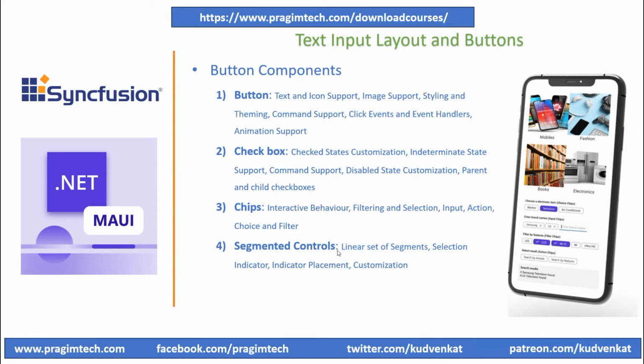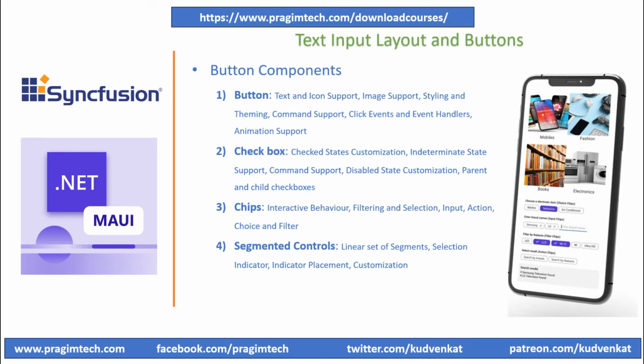The segmented control offers choices from a linear set of segments containing text, icons, or both. Each segment functions as a discrete button to select options. The segmented control is one of the UI components offered by Syncfusion, which allows users to select options from a set of mutually exclusive choices. The segmented control elegantly displays text, images, or a combination of text and image in a modern design. You can customize the appearance of individual segments, including the text, background, border, and other visual aspects to match the design language of your application.